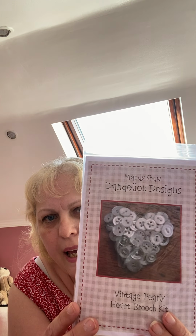Don't know if that blue bit is loose. Oh no, I can see more blue. So I will knit these up at some point. Pretty, lots of different shades of pinks, so sort of a dark pink, a mid pink and a light pink. That's really pretty. Also from Kay, we've got a Mandy's Shore project and Dandelion Designs, and it is to make a vintage pearly heart brooch kit,